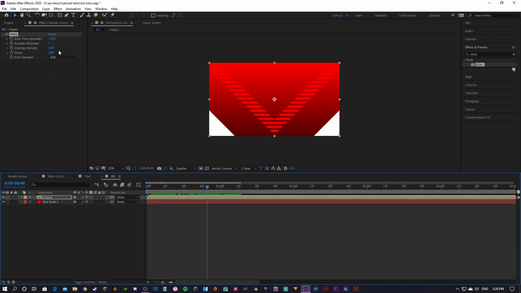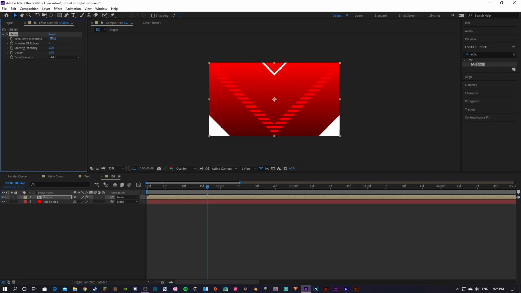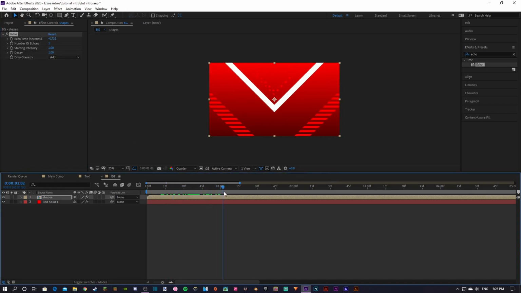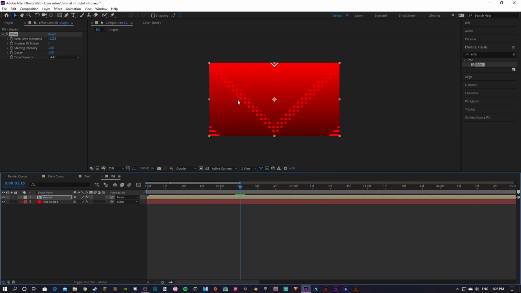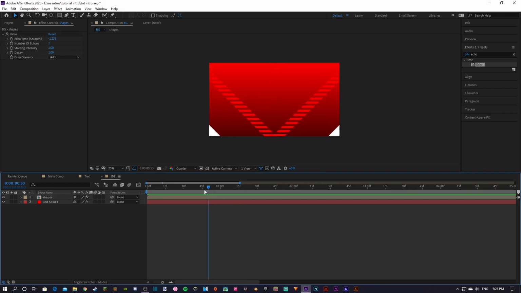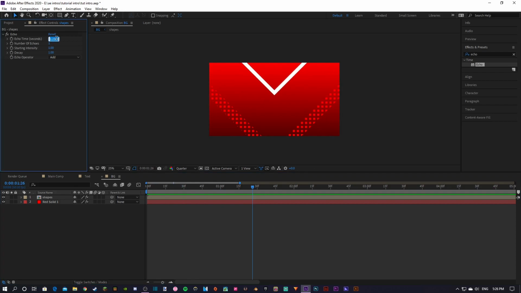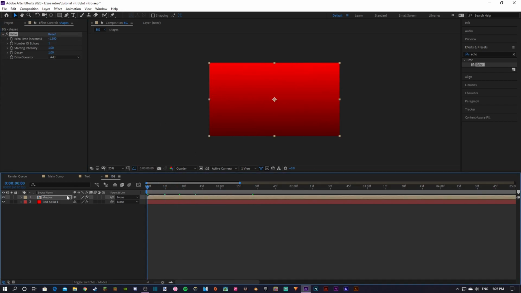What we're going to do is get the echo time in seconds and bring it back far enough until it looks about the same spacing between each of them. So go to the last one of the shapes, which for us is the donuts, and try to make it line up with the gaps between each of them. I think the second echo is a bit too fast, so I'm just going to make it -1.3. That looks a bit better, and now it should be